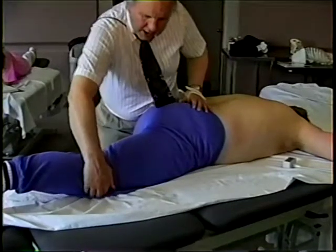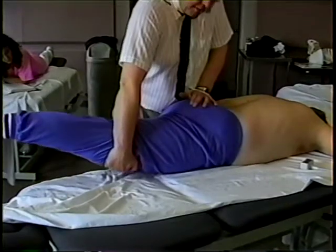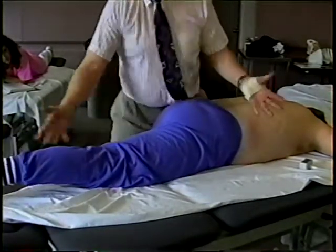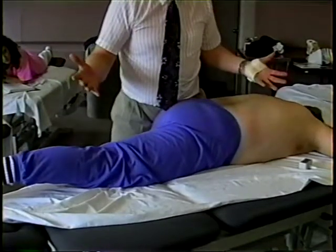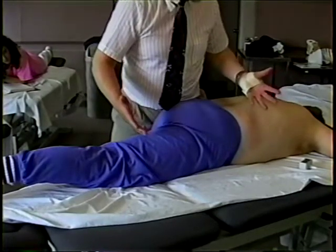In which case, what I would do would be to bring this around, take hold of the leg like that, still the apex, and push down on the apex, having held the leg up. But I'm smart. I don't really want to be holding the leg up in the air. Now, I'm not so smart that I set this up to start with, because what would have been a good